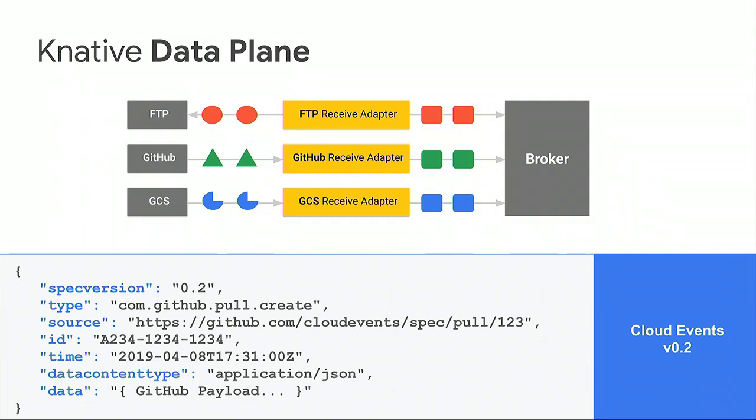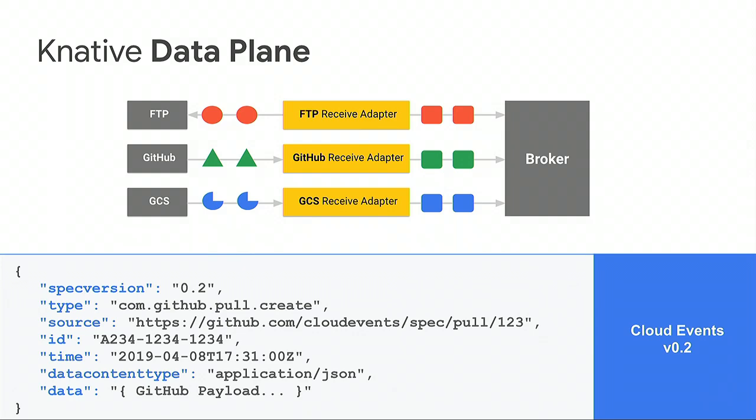So we have covered everything about the broker anyway. The first part was the control plane, the yellows. Now here's the data plane for you. You can see, for example, the FTP receive adapter that we have written is one that is pull-based, because many of the FTP servers out there don't expose a push-based model, or they don't expose any notifications, so you have to do something like this. But this is a good example of being able to take a little bit of glue code